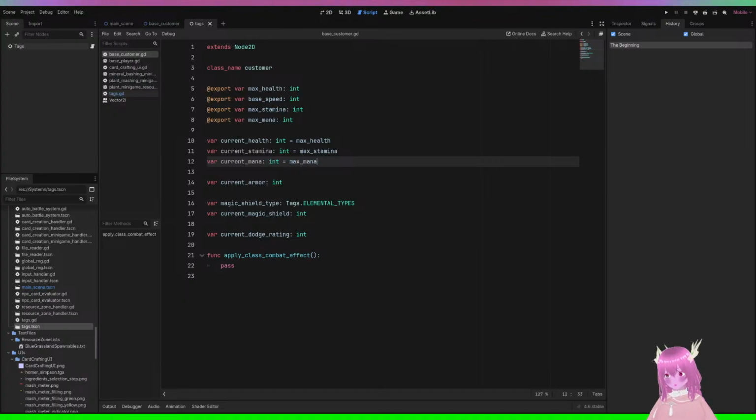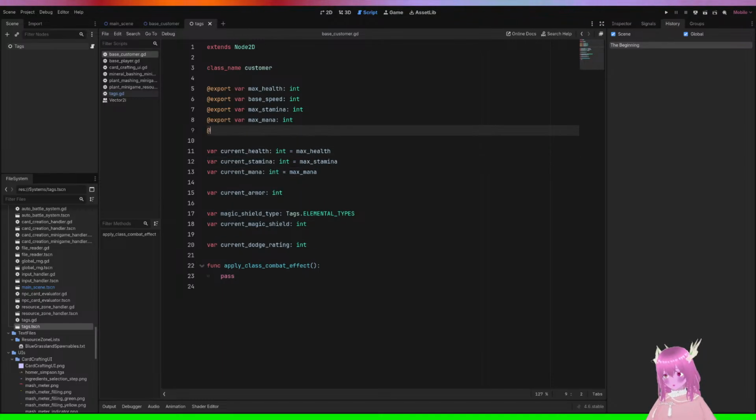So the funny thing is, some of these classes have actually started them off with 0 mana. Ooh, wait, I forgot. Add export var basic attack damage.